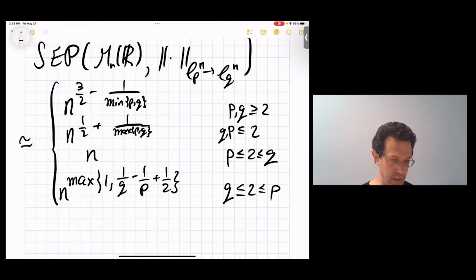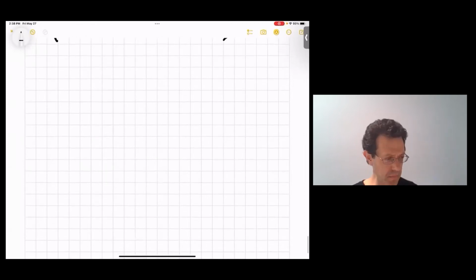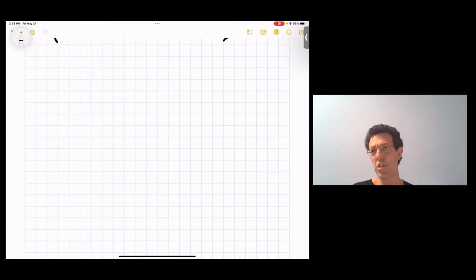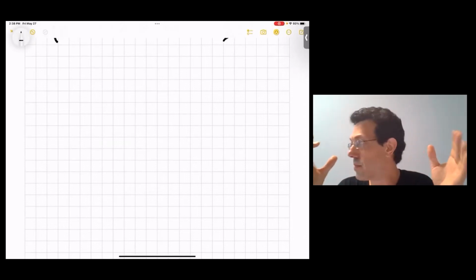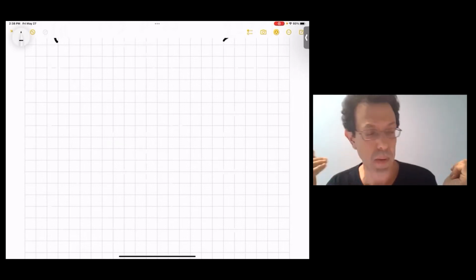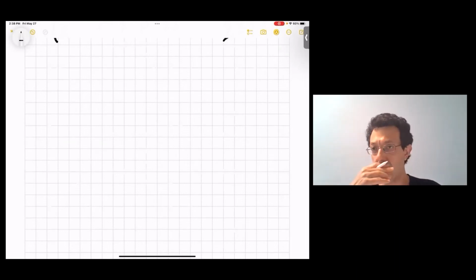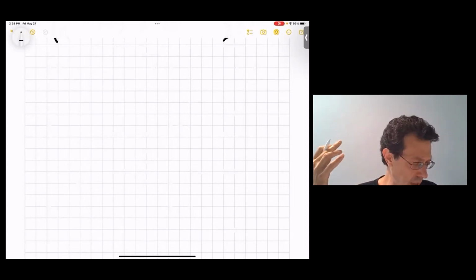Before I get to Lipschitz extension, I want to just say that I formulated everything here by the separation modulus of the entire space, a norm on R^n, where I look at all of R^n. But this method also allows you to compute things for subsets. So, for example,